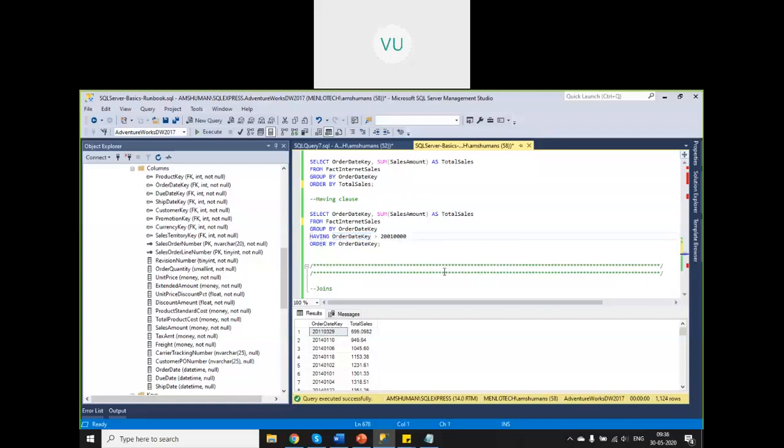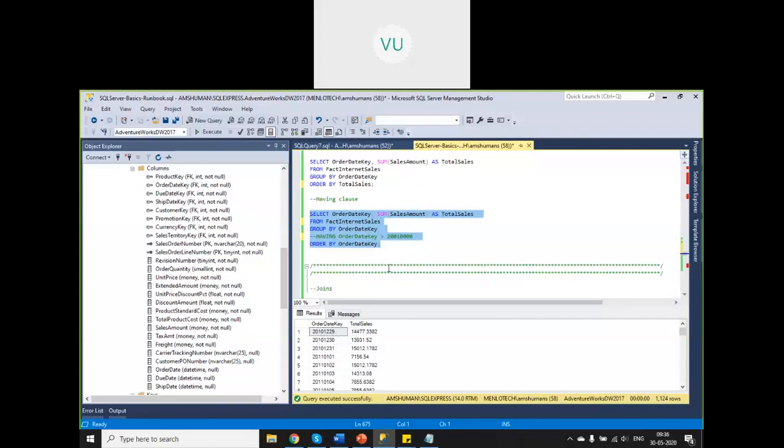If I don't put having, let us see what will happen and how many records we'll get. Okay, we are getting 1124 rows, right? And if you see the order date key, all the distinct values of order date key are written.